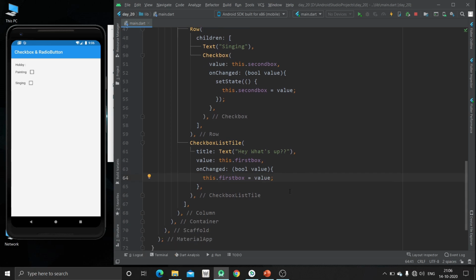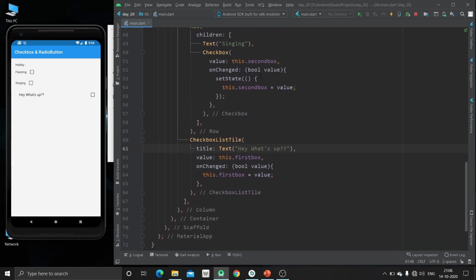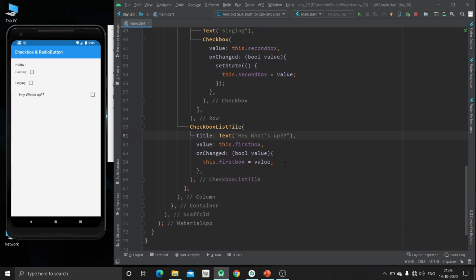So now just hit Control and S. Now you can see here is one text, hey what's up, and it is having one checkbox. Now if we click on this painting, checkbox will also be checked. Okay, so as we are using the same variable in both the two, we are not able to change